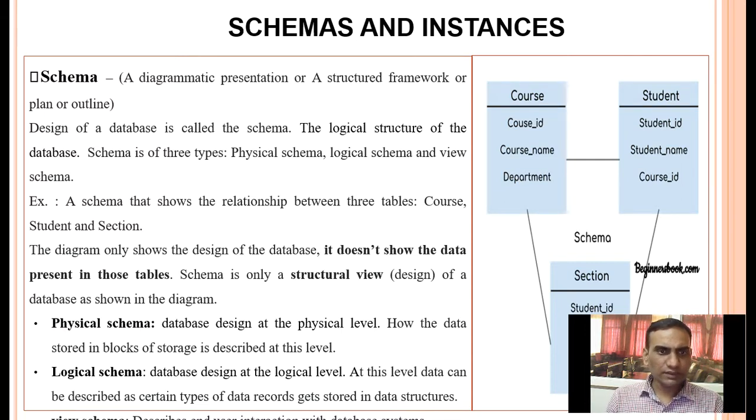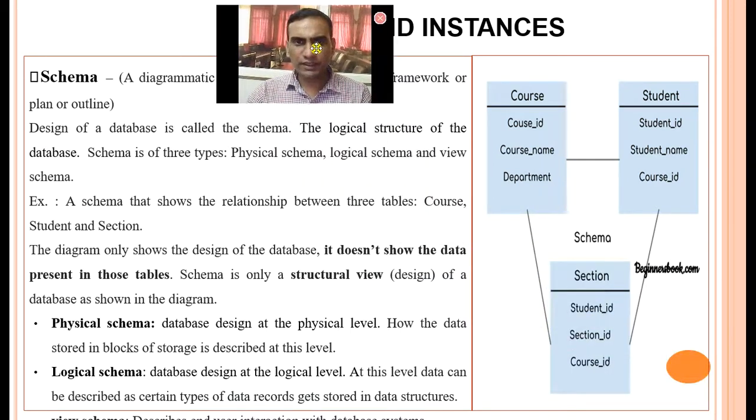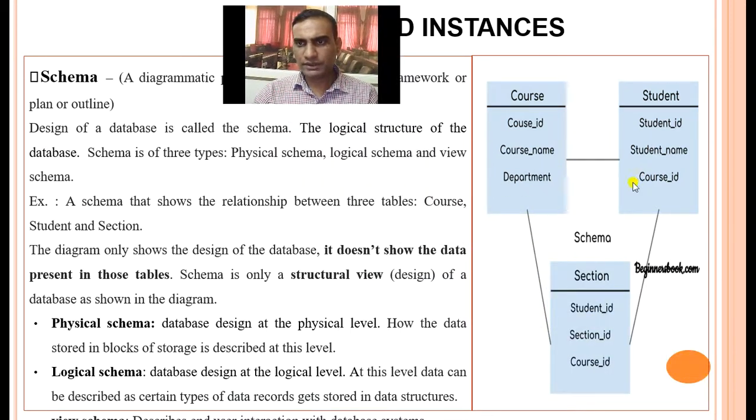A schema, example wise, is a schema that shows the relationship between three tables: course, student and sections. So here is one database having three tables: one course table, one student table and another the section table. The course table has course ID, course name, department.